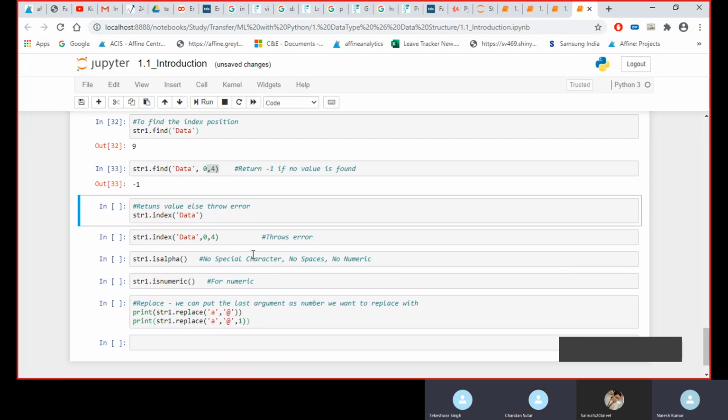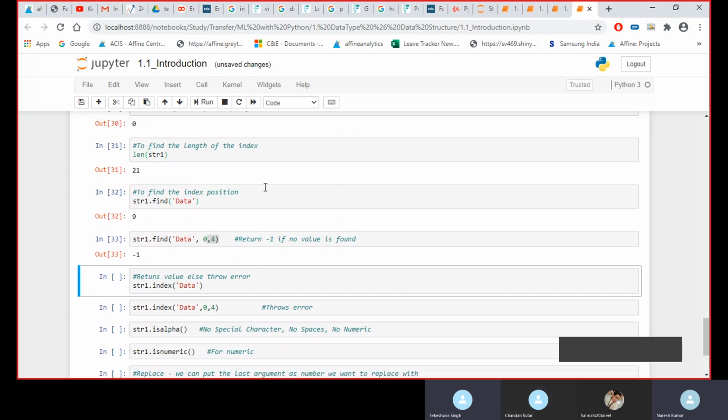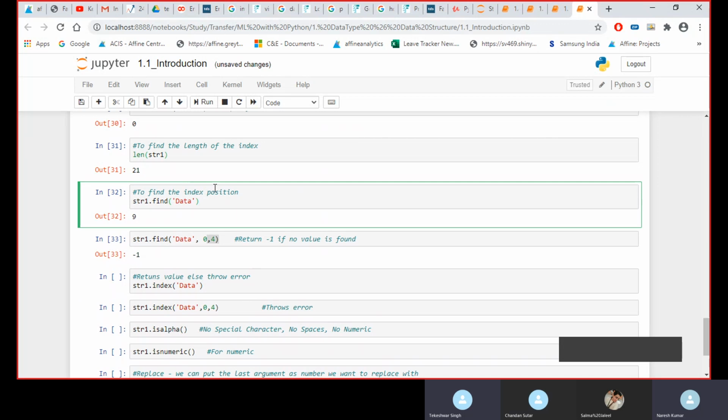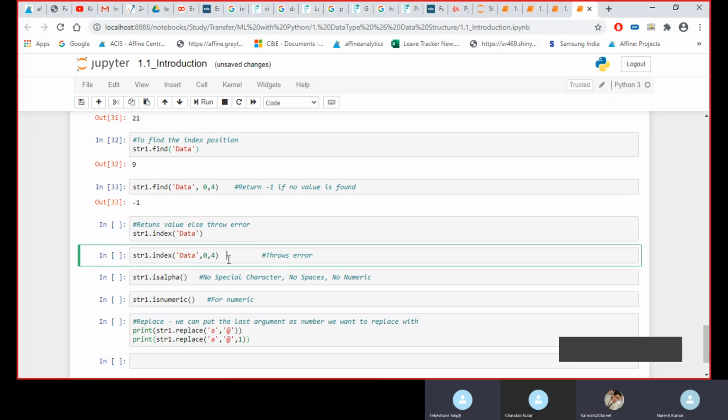These things I will take you through tomorrow, because index is a very important topic in Python. From line number 32 we will start tomorrow, because you need to understand a little bit of the concept here, what is happening. So we can have a class tomorrow at 8:30, and from tomorrow we would stick to 1 hour, because TK has a meeting at 9:30.